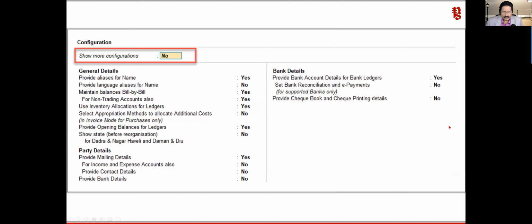Okay. So we saw up to use inventory allocation for ledger. We have made this as yes, and then we understood. Now what we will do is we will see this option. Okay, very interesting option.